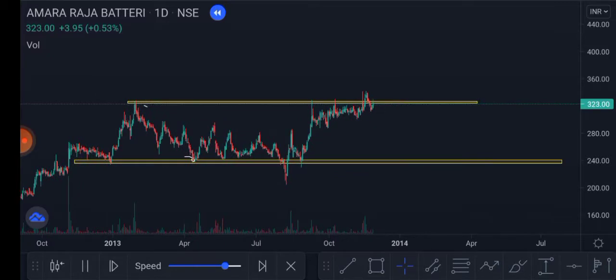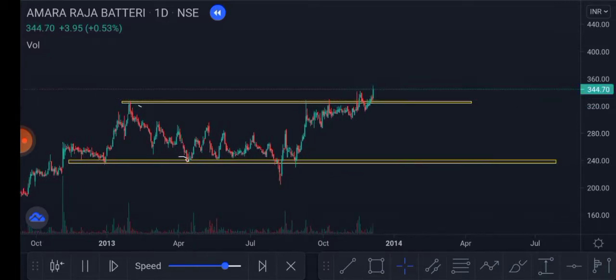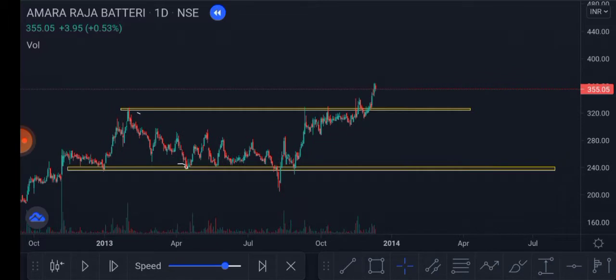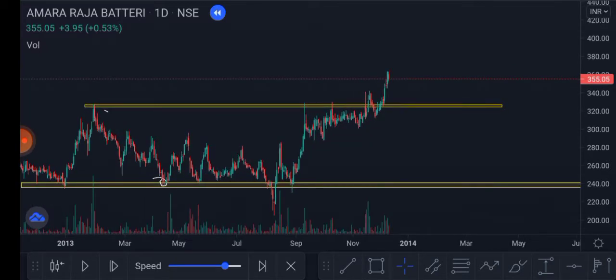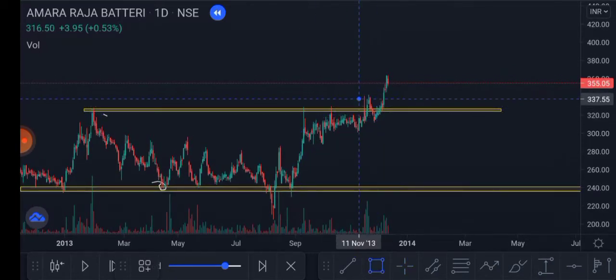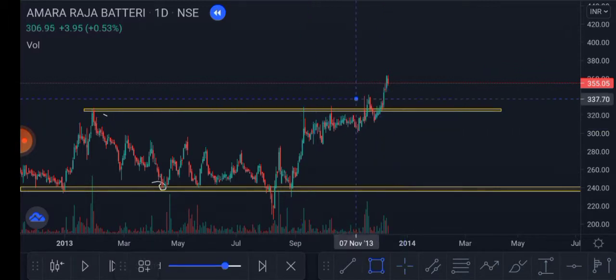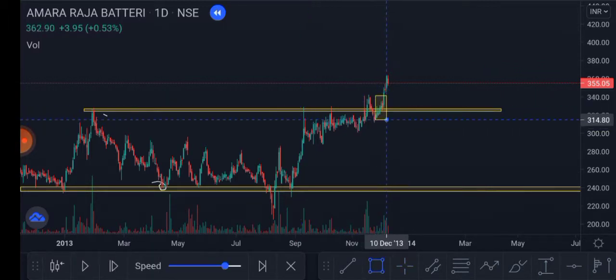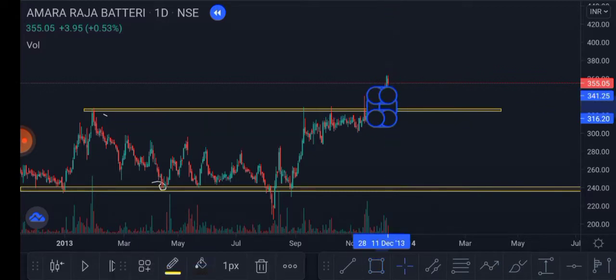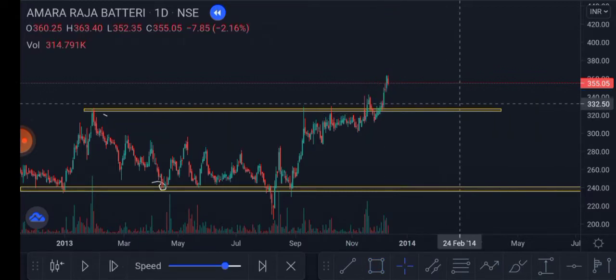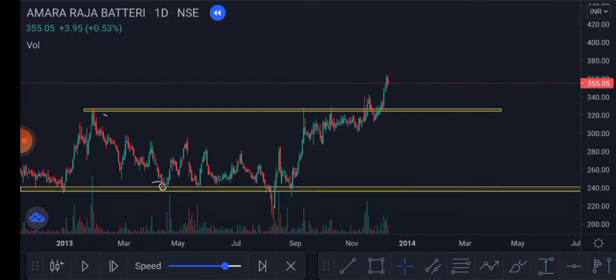It's not sustaining. Let it break with a big candle. What I did, see, the market first broke here, but it did not sustain. It immediately got into selling pressure, but the second time it attempted to break the resistance and it succeeded, and I would have gone long near 330 rupees, and let's run our profit.